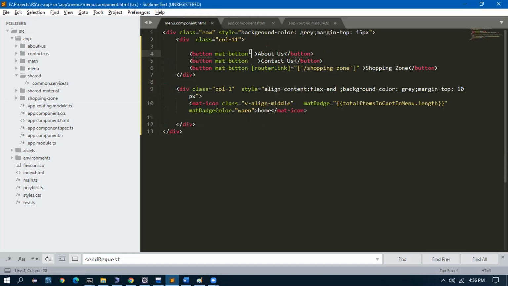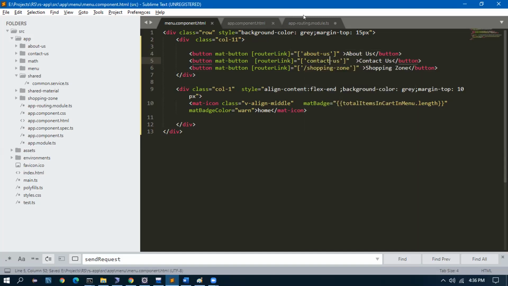Here, when I click about us, it will go to router link equal to about us. So I think we are going to give it in the menu component. Contact us.